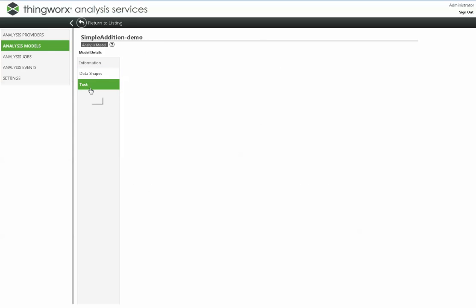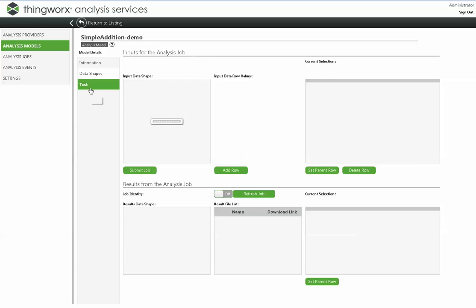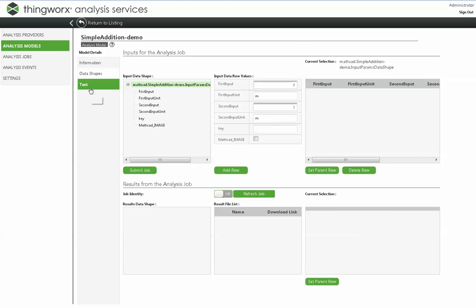Now that I've got that uploaded, we also have a simple way to go ahead and test your model. So in my case, I can go ahead and see that by default, I've got a first input, second input, 8 and 2. And I can add that row here. And if I want to add more, I can. So if I want to do multiple calculations, for example, do 8 plus 2, 8 plus 4, because this is really a simple